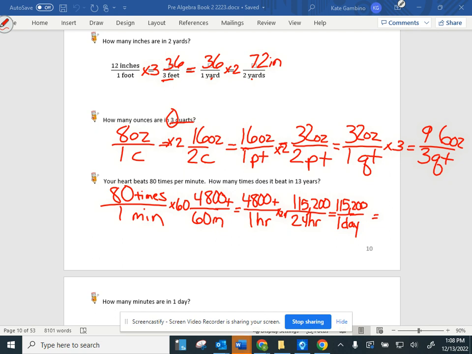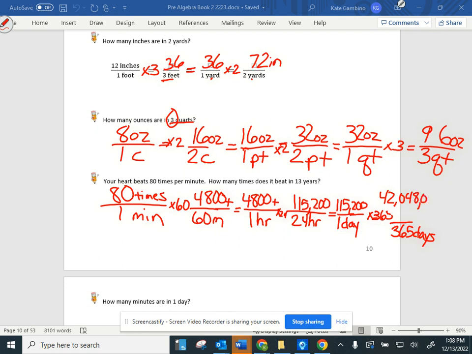Multiply it by 365. I'm going to multiply by 365 because I want to have 365 days. So 115,200 times that would give me 4 million. Oh, no, sorry, 42 million. Oh my goodness. 42 million,